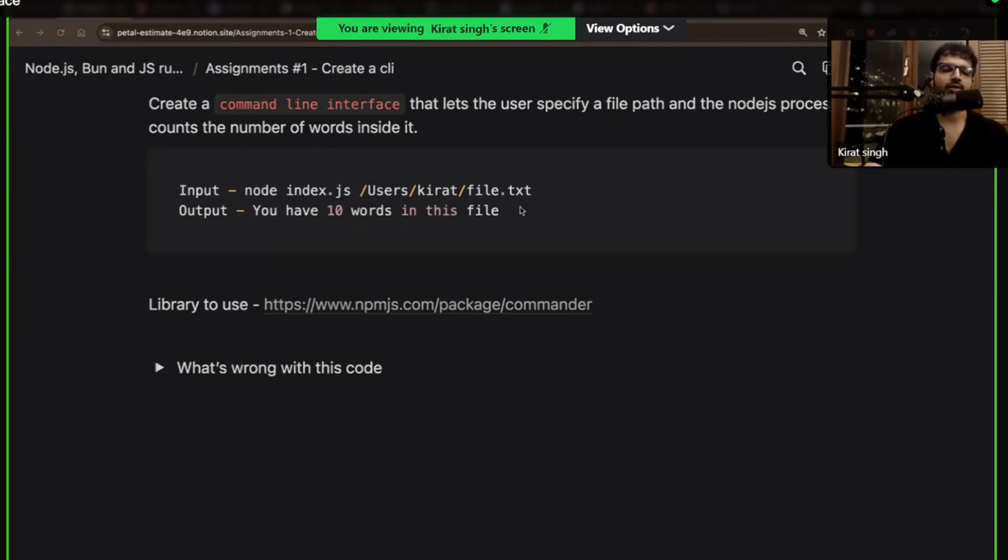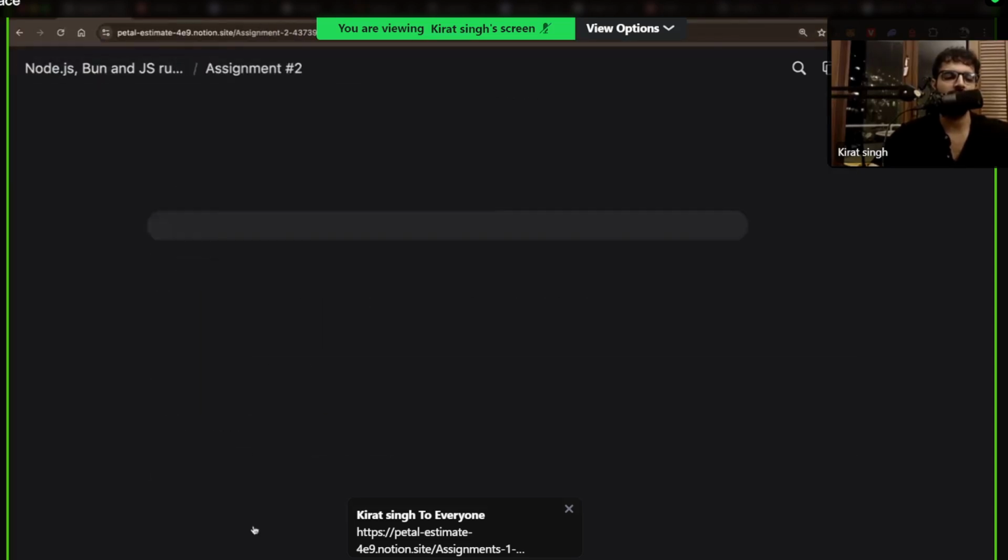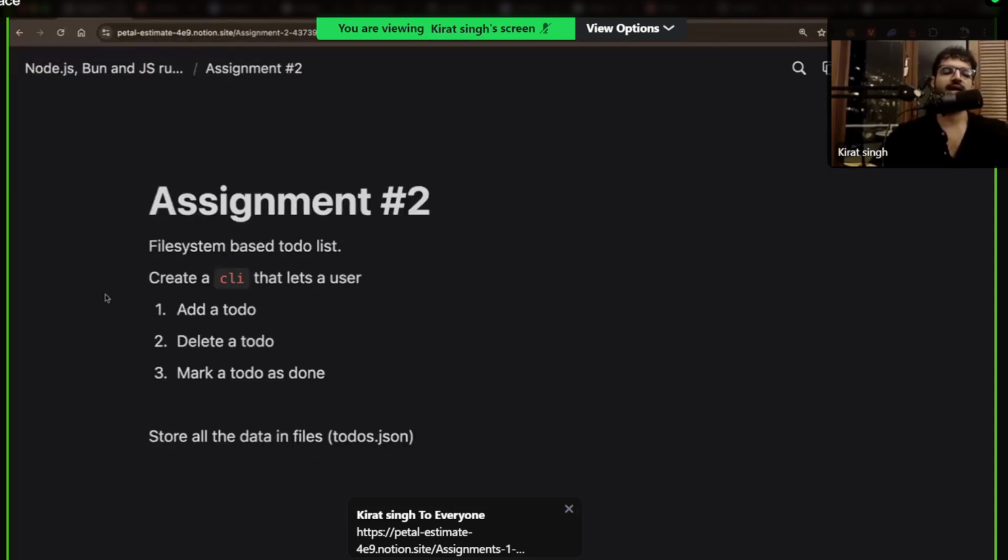Alrighty, but don't look at the code. Try to code it yourself. Slides link. Please post the Notion doc. Okay, posted that a few times. There you go. And if you're able to do this, there's another assignment after this one, which is a little harder, which will create some foundation for tomorrow.